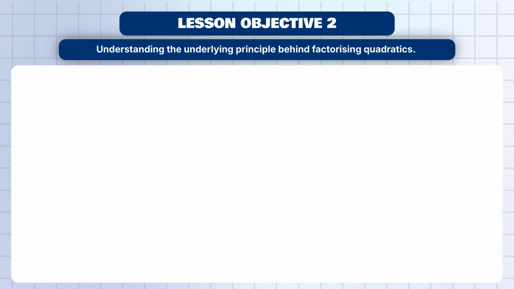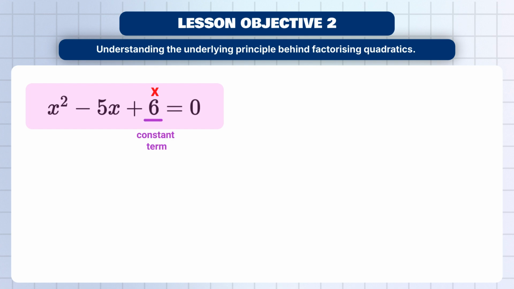Let us start with the simpler case where the coefficient of x squared equals 1. Consider the quadratic equation x squared minus 5x plus 6 equals 0. To solve this by factoring, we need to express it as a product of two linear terms. We look for two numbers that multiply to 6, the constant term, and add up to negative 5, the coefficient